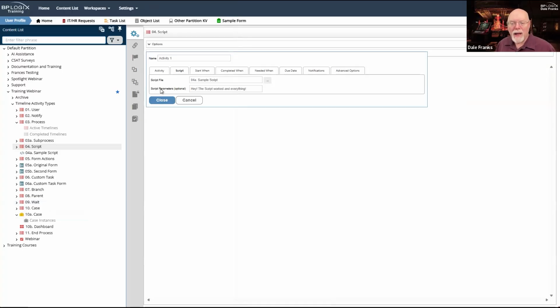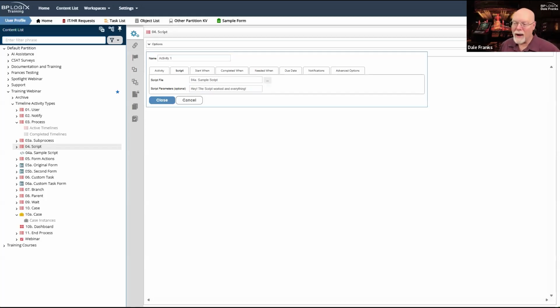The script activity has a script parameters property. Technically it's actually a parameter that we need to pass to our script. Now, in this case, I've written this as the parameter: Hey, the script worked and everything.